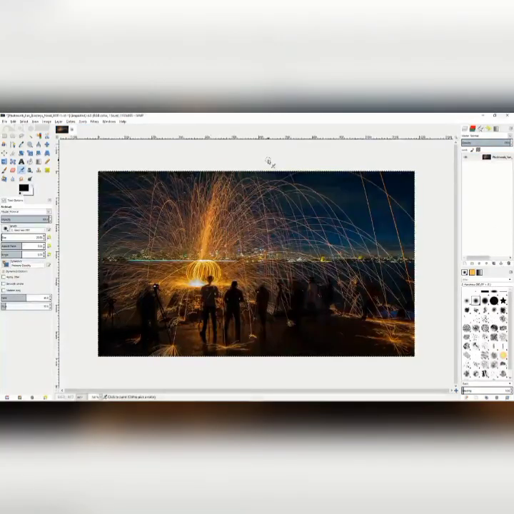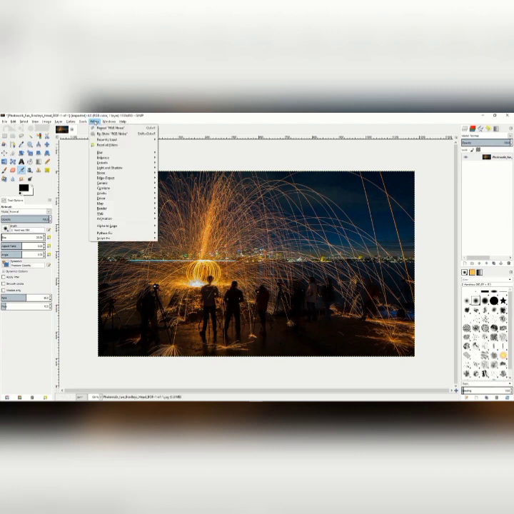Welcome to the next in our advanced tutorial series in GIMP. In this tutorial, we'll show you how to remove noise from photos where pictures have been taken that have a lot of noise in them. And here you'll see we have started with a picture that has a bunch of noise in it, and we're going to remove the noise, and we can do this in many different ways, including going to the Filter option,